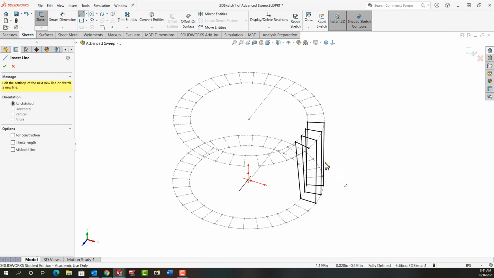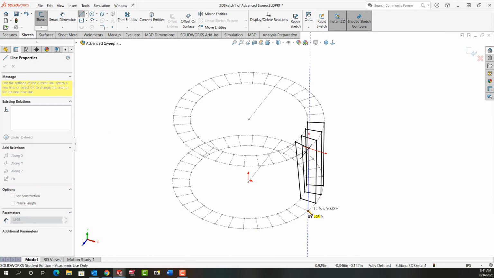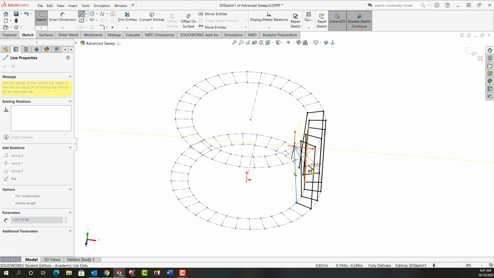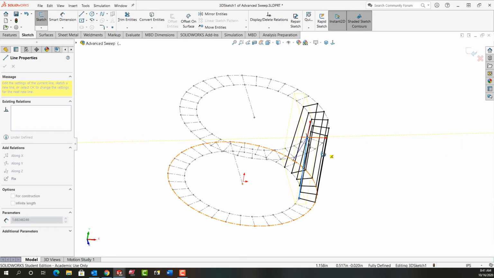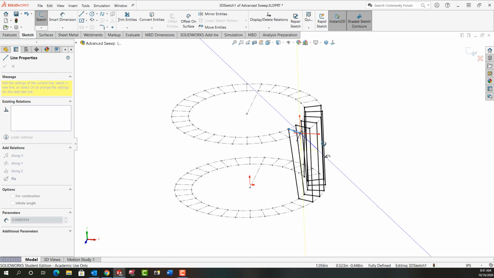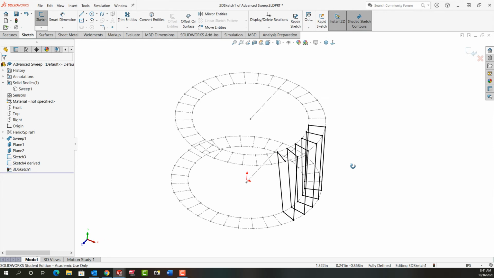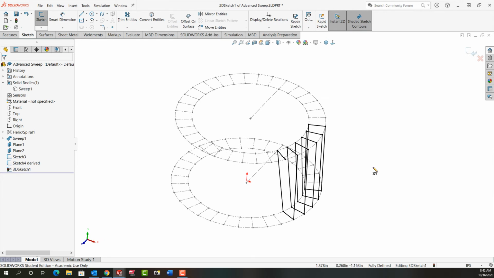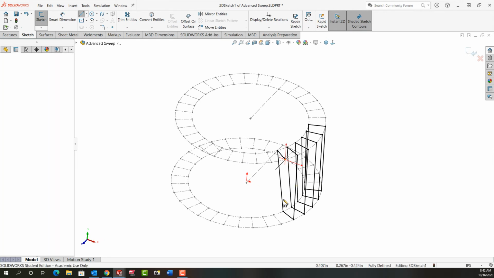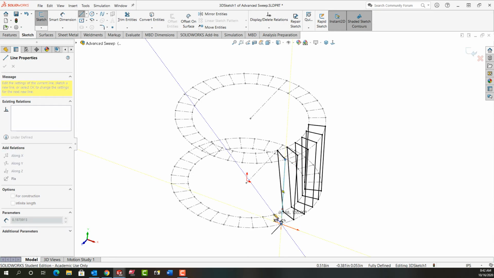So once again, I'm going to activate line. I'm going to start here, come down, across, up, across, down. Just keep following this pattern and rotating around. Make sure you see it clearly. Don't hesitate to push escape to stop creating lines and have a look. Patience is a virtue. So I'll activate line again, and I'm just going to continue going around my part until